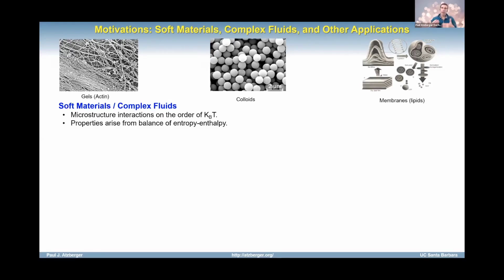And the behaviors that you're seeing are often a balance between not only the interactions that you've directly put in, but also entropic effects, basically those rearrangements that were due to the thermal fluctuations. And in this process, especially if you think about something like, I'm showing a colloidal fluid here, or you could think about a complex fluid of polymers, when you shear the system, the solvent also often plays a really important role.